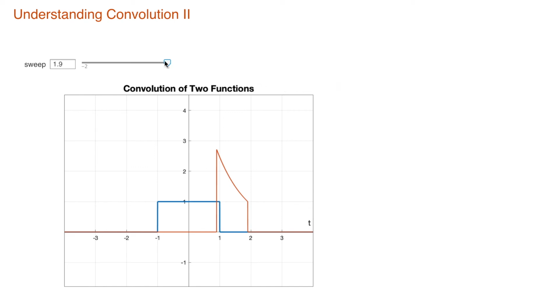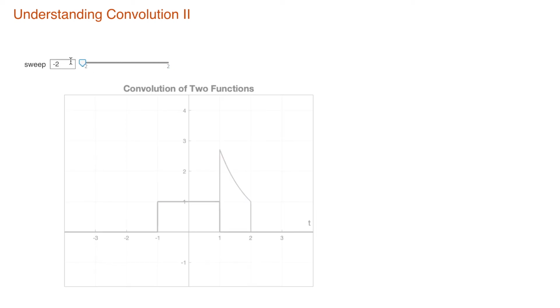And then, obviously, when it actually gets to 2, there's going to be no overlap, and 2 minus 1 will be 1. So the limits of integration now will be between 1 and 1, which are going to be 0. In other words, an infinitesimally small sliver, no sliver, really. So based on this, we can now see what the magnitude, or a function describing how the magnitude of the area of overlap of those two functions changes for all values of t,